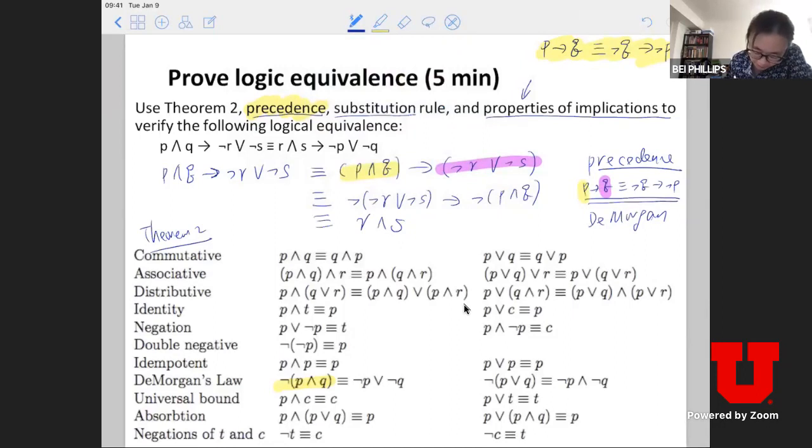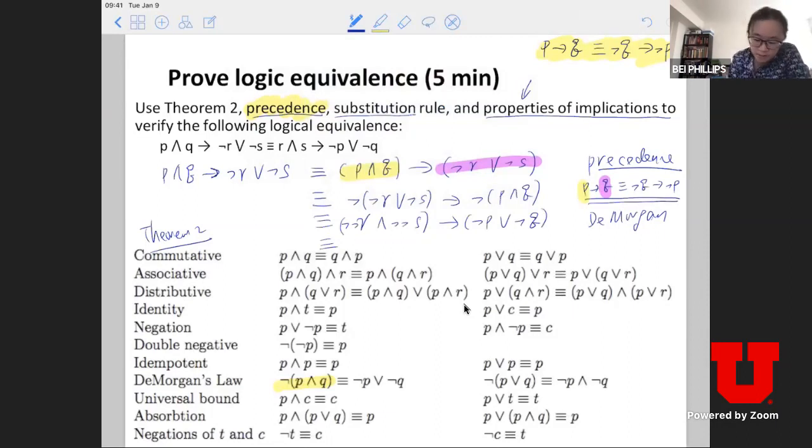Actually, if I want to be very specific, I'm not going to skip any step. This is what we have. This is applying De Morgan's law on the first term. Now I'm going to apply it on the second term where I bring the negation in. So negation P, and becomes or, that is negation Q. Now if you compare this, it's very close to my final conclusion, but I need to apply one more rule.